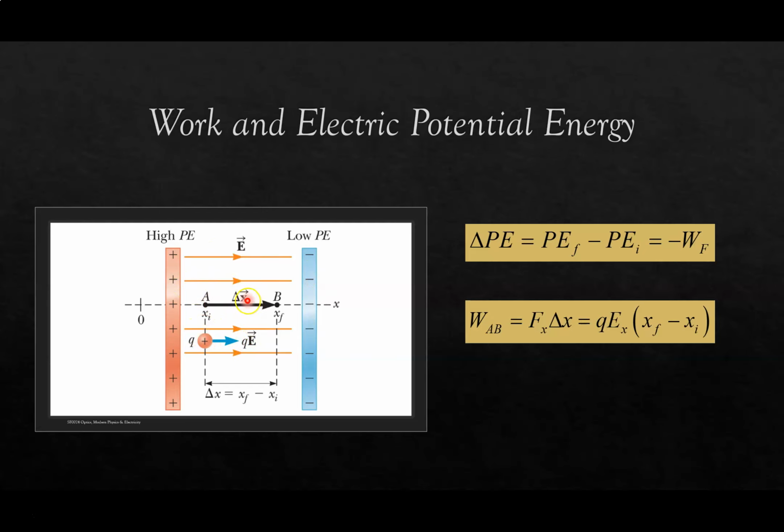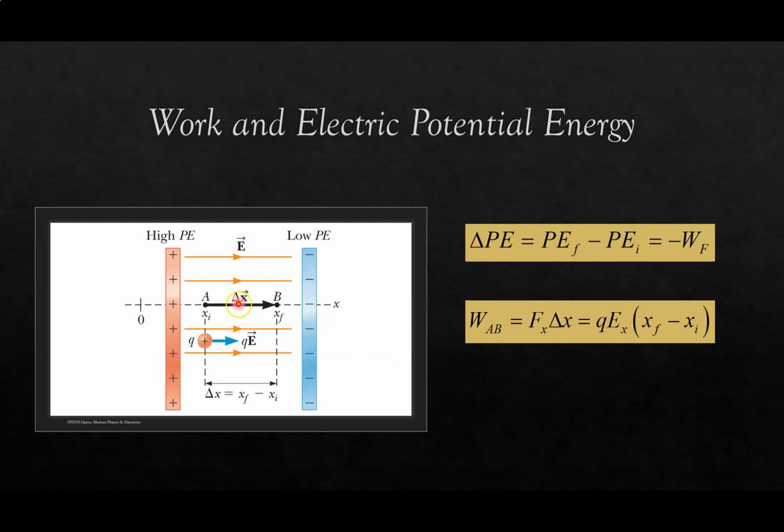Let's assume for now the electric field is constant and that the charge moves parallel to the field. As the charge moves from point A to point B under the influence of electric field E,